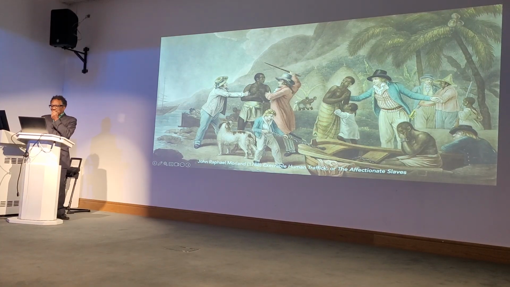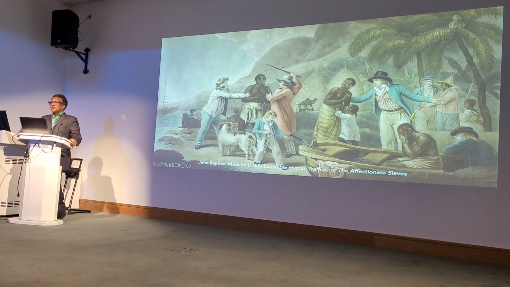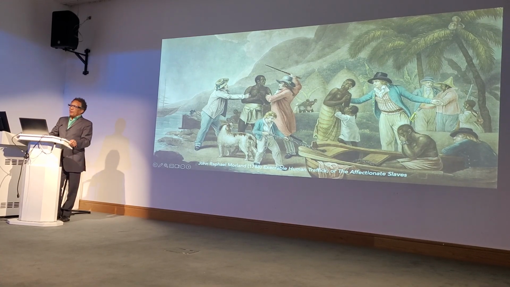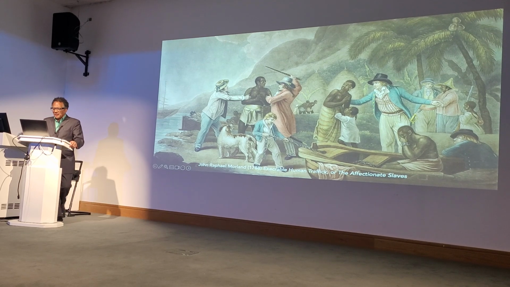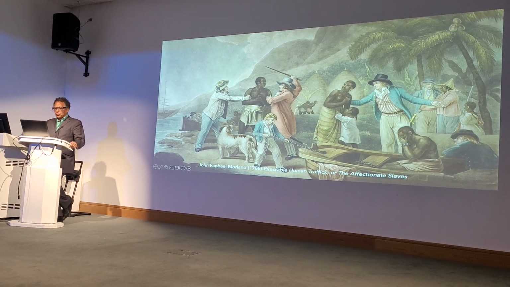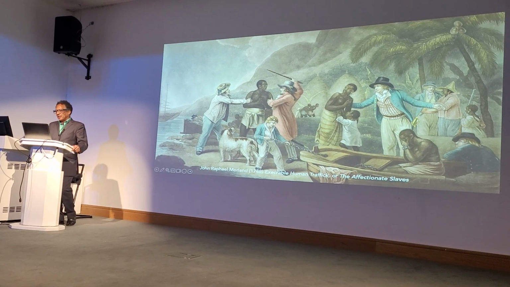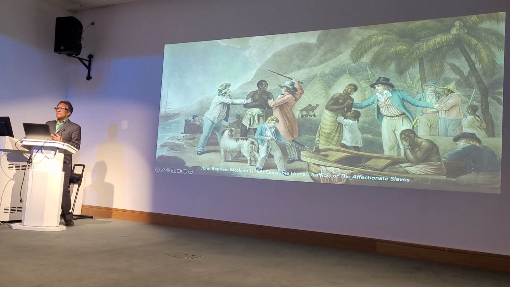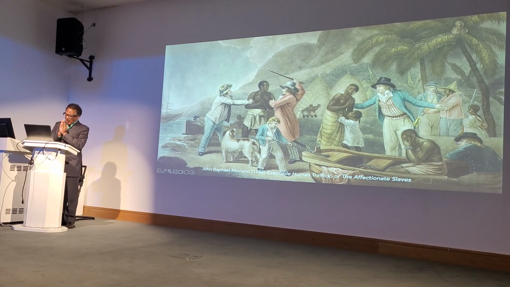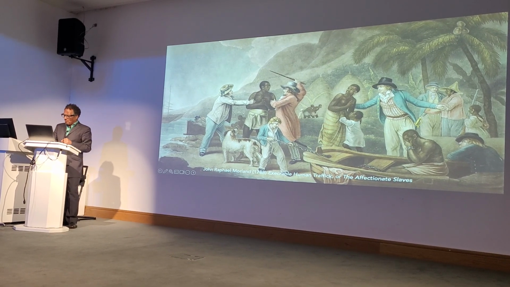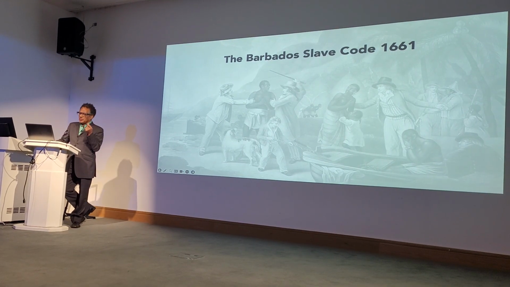And I share this picture for two reasons. One, I like the picture, and I think it's one of the earliest pictures which has a hint of abolitionism, and certainly shows some of the pain. It's called the Execrable Traffic, or the Affectionate Slaves, human traffic. It shows families being torn apart. This was an early depiction of that. But really, we have to go back to where the slave trade started.